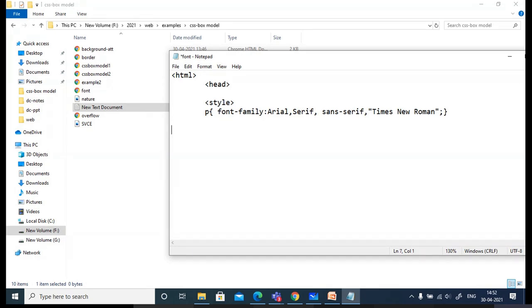So close the style tag here, then close the head section. Now I'll start with the body tag, then write one paragraph here.